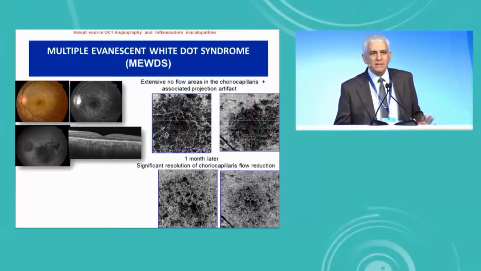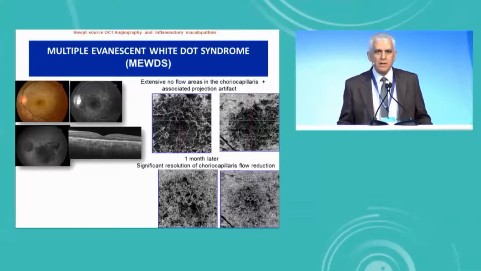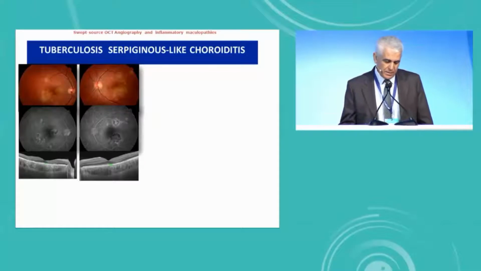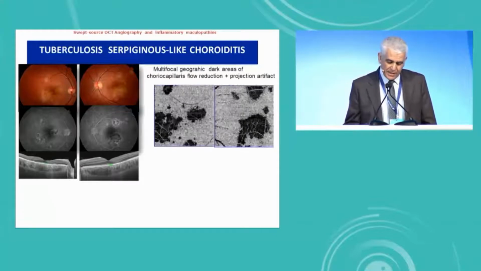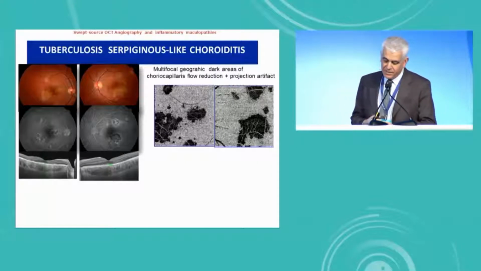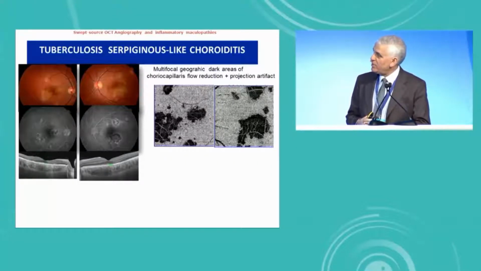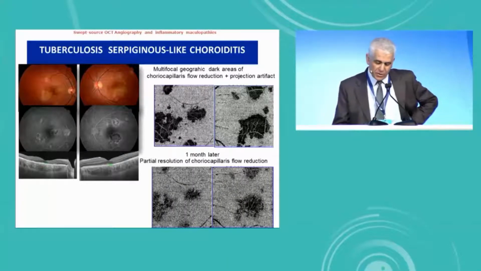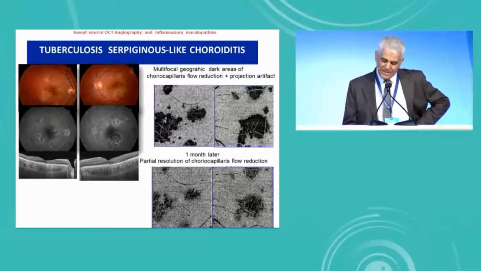So maybe in some very atypical cases of MEWDS, we can see choriocapillaris abnormalities. This is, I think, a very atypical case of MEWDS, because in MEWDS, OCT angiography normally shows normal findings. This is a case of tuberculosis, serpiginous-like choroiditis, and we can see multifocal geographic dark areas of choriocapillaris flow reduction associated with projection artifact, and 1 month after presentation, the partial resolution of choriocapillaris flow reduction